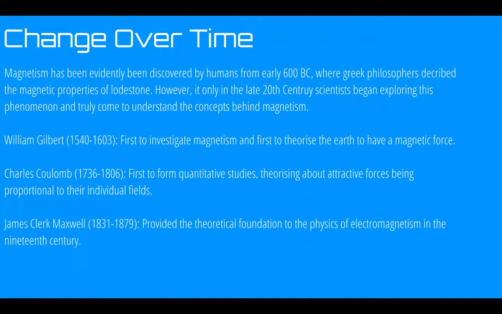Change over time. The history of magnetism dates back to earlier than 600 BC, when the ancient Greeks were the first known to have used this mineral, which they called a magnet because of its ability to attract other pieces. It is most likely that the Greeks discovered a form of the mineral magnetite called lodestone, which consists of iron